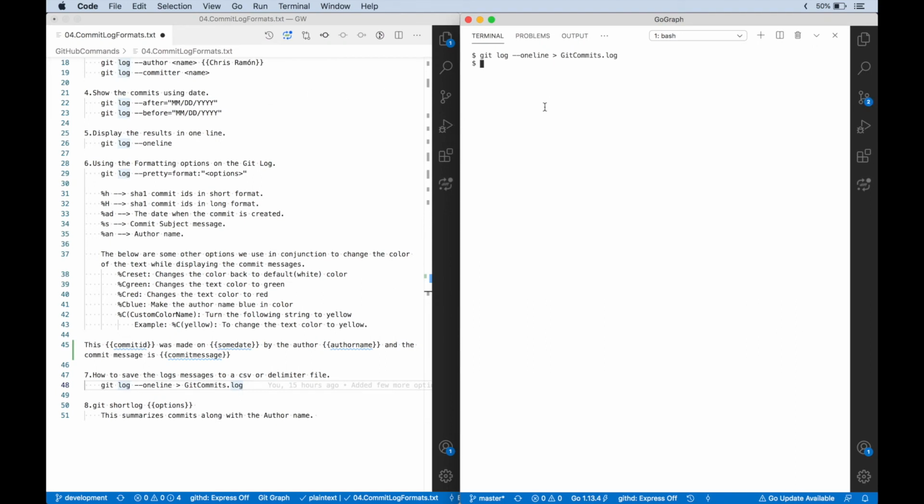Okay. And before I close out, I wanted to show one more final command with git log. There is another variation called shortlog. It summarizes the commits and the number of commits along with the author name. Let's not enter any filter. I'll just give git shortlog and press enter.